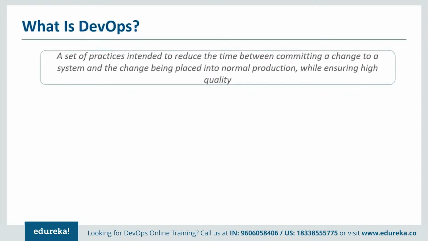All right, so when we say what is DevOps, from a definition perspective, it's a set of practices intended to reduce the time between committing a change. So let's say you are building an application. If you commit a change, taking this change to production is a very long process. But DevOps can help you reduce the overall time and provide you a standard set of practices that makes your deployment very, very smooth.